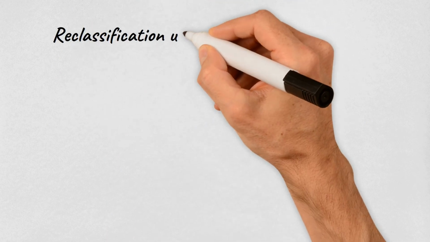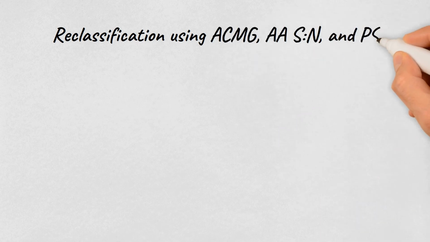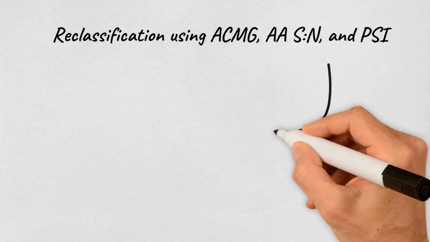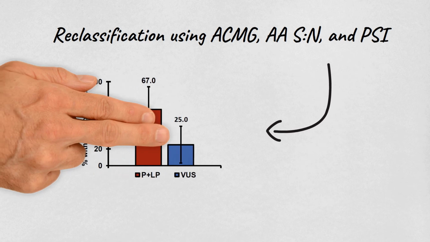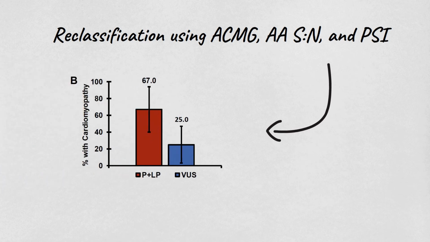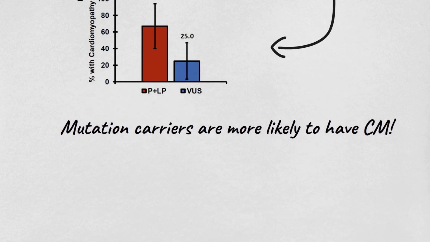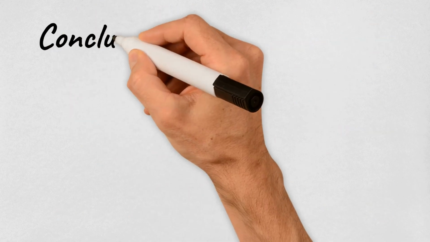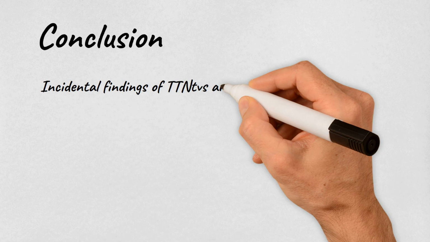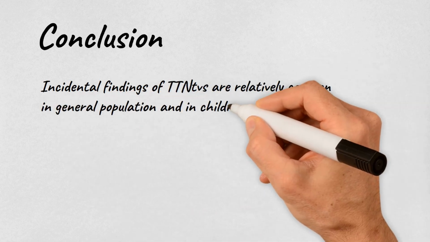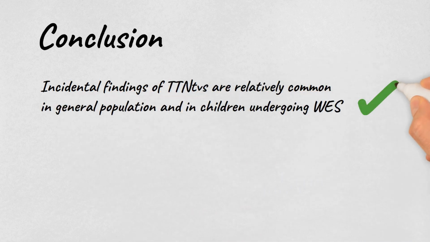The authors then reclassified variants using the ACMG criteria and incorporating the signal-to-noise ratio and high percent spliced in. Those reclassified as likely pathogenic or pathogenic were more likely to have evidence of cardiomyopathy on echocardiography than those reclassified as VUSs. The authors conclude incidentally identified truncating variants are relatively common in the general population, as well as in